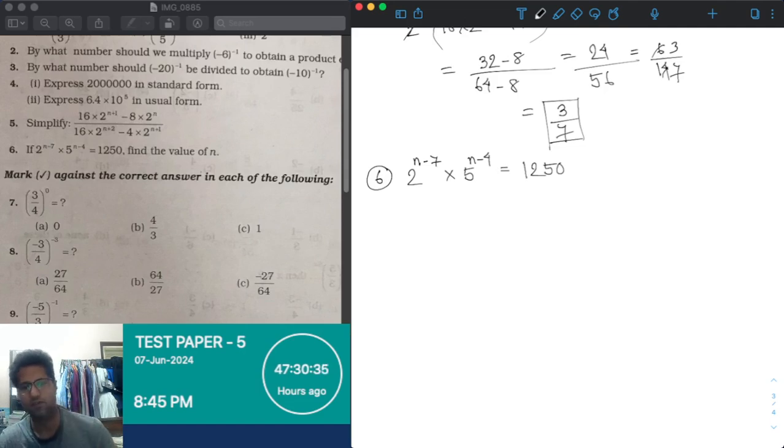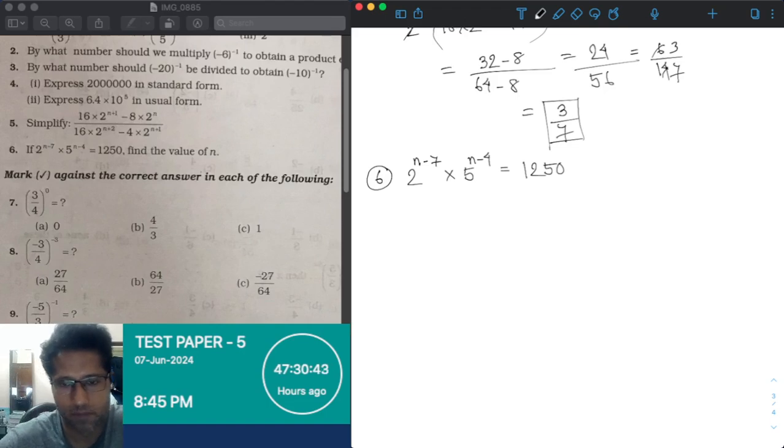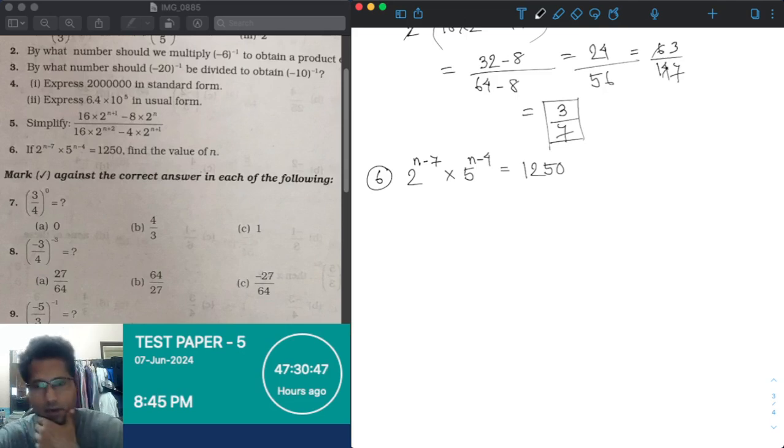Now clearly we see that the left hand side is a product of two exponentials. The first one is 2 raised to the power something, and the second one is 5 raised to the power something, and the right hand side is a number. So clearly we have to express 1250 as a product of powers of 2 and powers of 5. So let's factorize